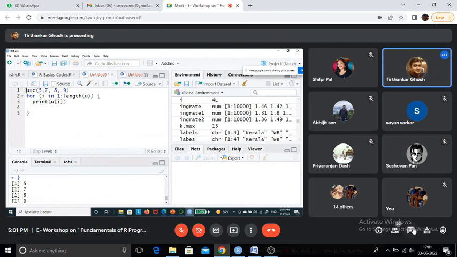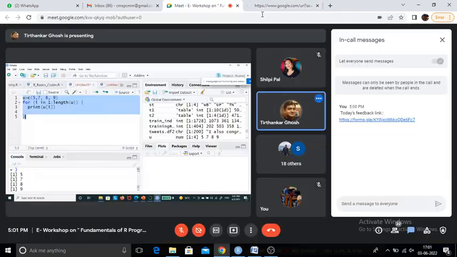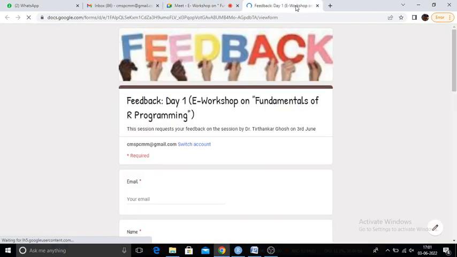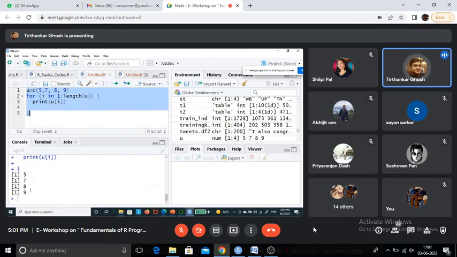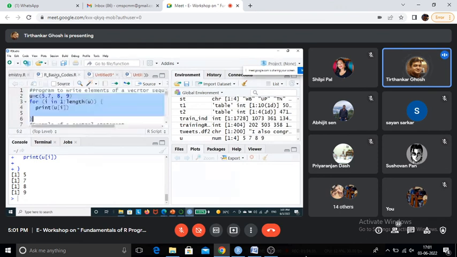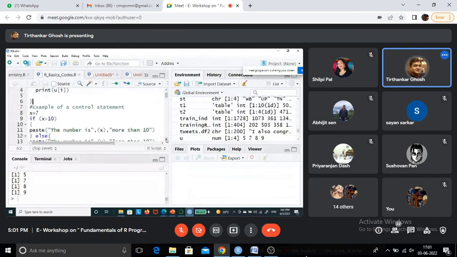I am running the entire code. You can run the entire code like this also. You select and then type. You see, I got the output here. Yes, sir, I will try again. 5, 7, 8, 9. So it happens. Nothing to worry. But the code is absolutely right, that I needed to know, and that I found. Because I also got a little confused, I actually checked, and that's how I pasted.